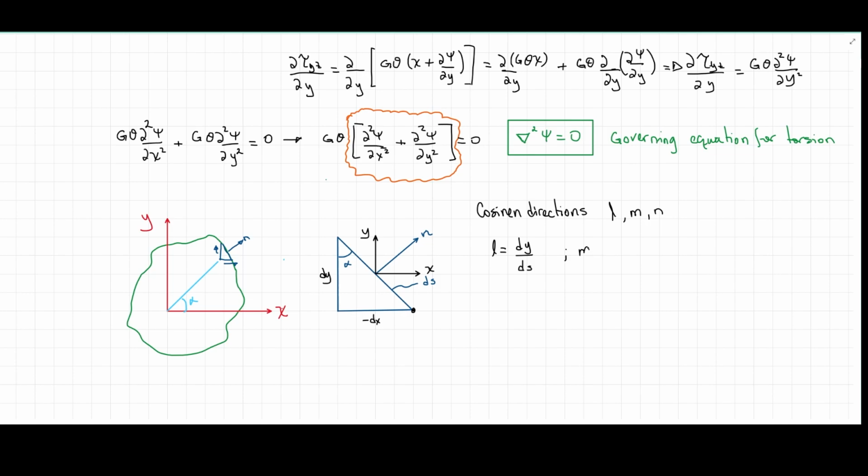Cosine direction M is going to be the corresponding one, and cosine direction N, we're going to say that at that point is 0,